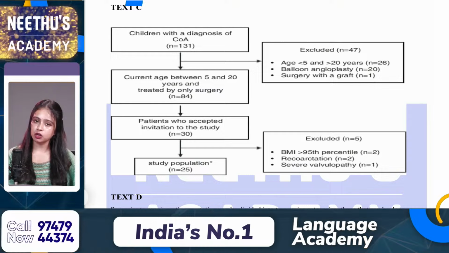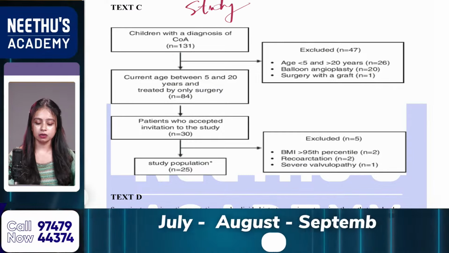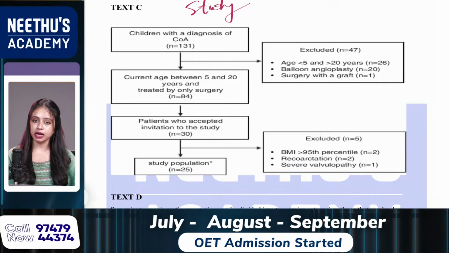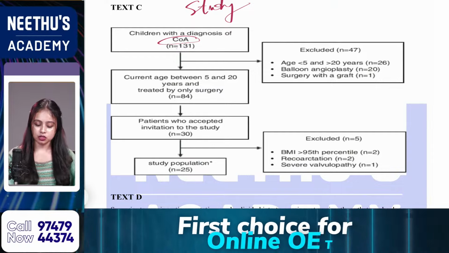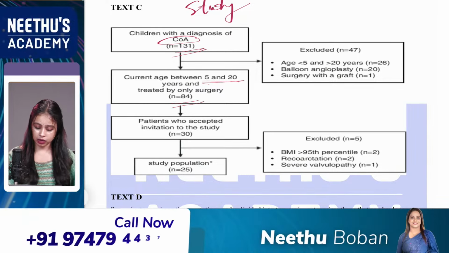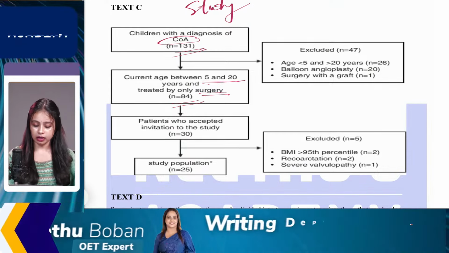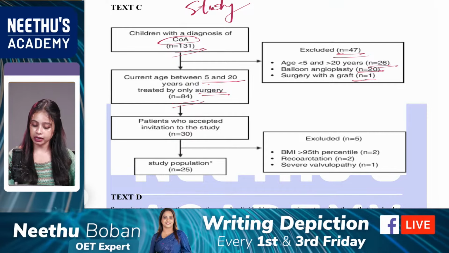So what is a chart? It's all about the study. Okay, so this is all about the study. Children with diagnosis of COA. So the abbreviation is already mentioned. So 131, then the numbers, okay, surgery, then again brackets and numbers. I'm marking all the numbers in brackets, signs